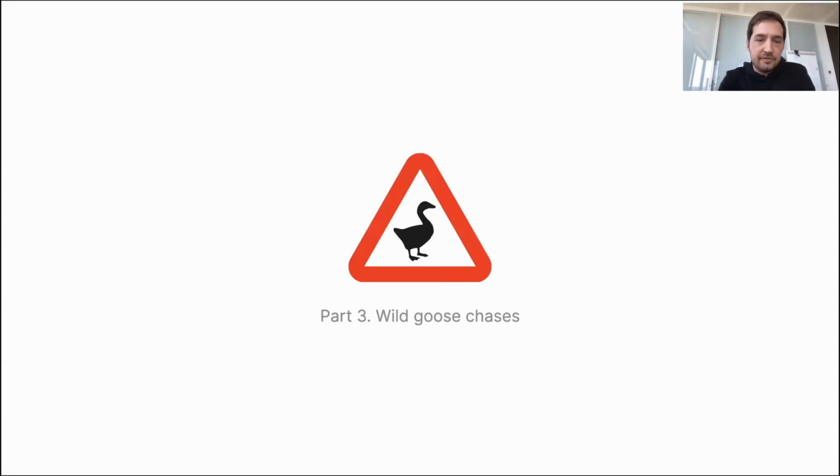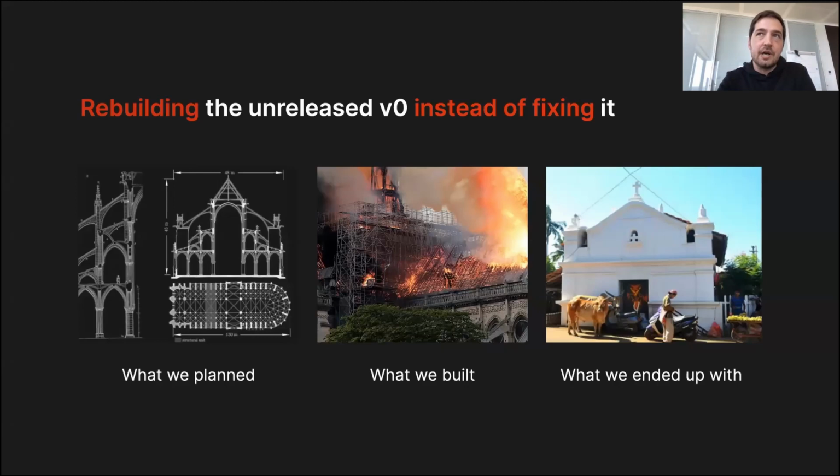So the third part of my presentation is about wild goose chase. It's not technical problems, it's more like general or strategic problems. One of the biggest mistakes that we made at Passbolt is historically, when my friend and co-founder Kevin started thinking about working on Passbolt, he actually did a version of Passbolt which nobody has seen, and it was what we call version 0, and it was written in jQuery. It was not very pretty looking, but it worked, and people were already using it in some